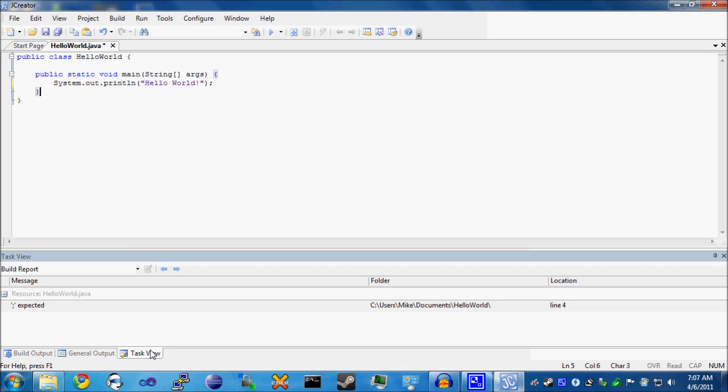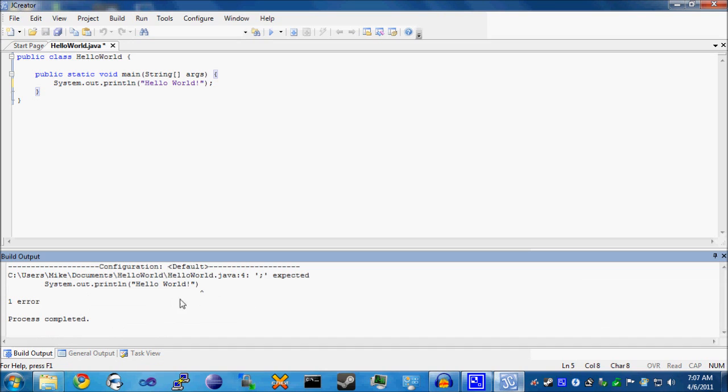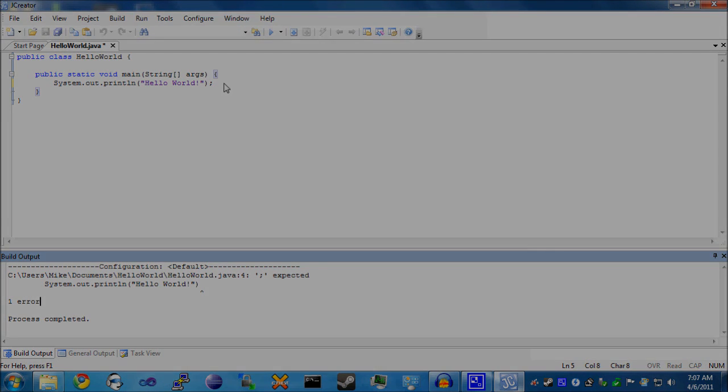Something I want to look at real quick. You notice down here that for a while this wasn't here while we were writing the program. Well, this is actually really handy, because you notice that the build output, this is where we had a Hello World printout earlier. But now, whenever the output for when I didn't